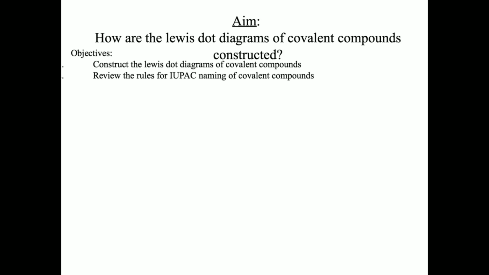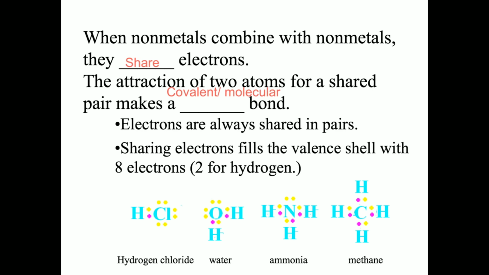Today we're going to discuss naming covalent compounds. Hi class, welcome to Lesson 8 of Unit 5. In this lesson, we'll discuss how to draw Lewis dot diagrams for covalent compounds. At this point, you should already be familiar with the naming and Lewis dot structures of ionic compounds that transfer electrons. Today, we'll focus on